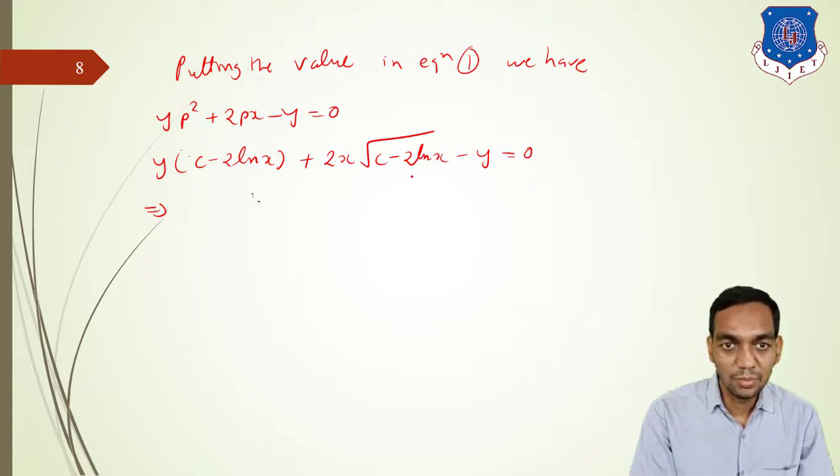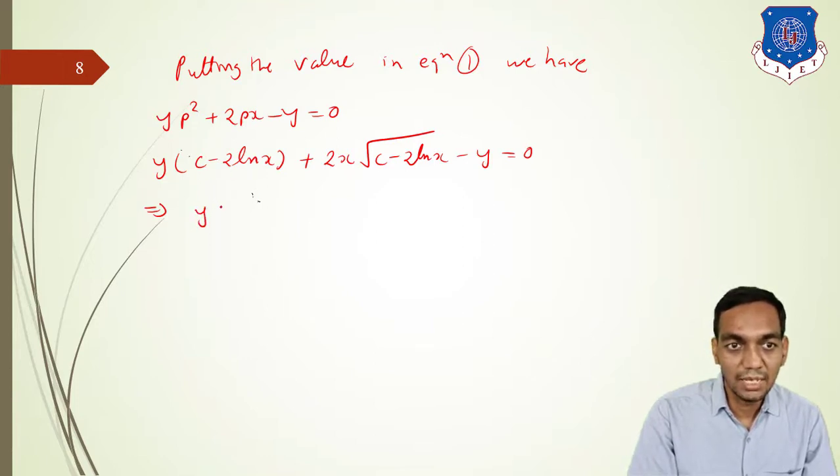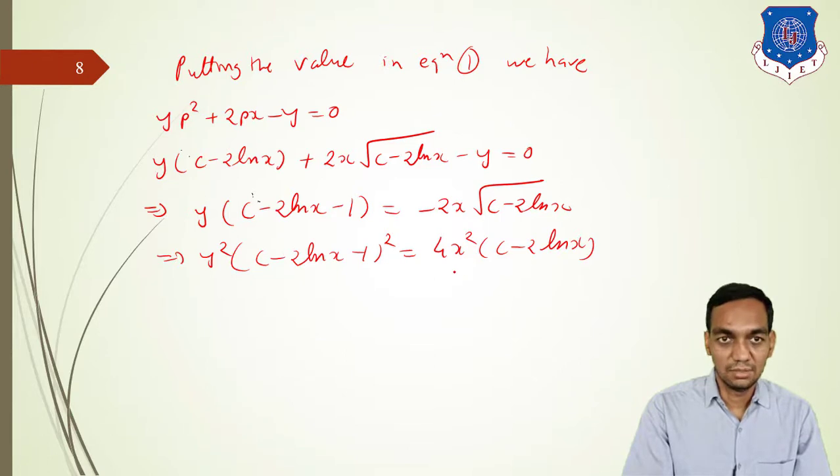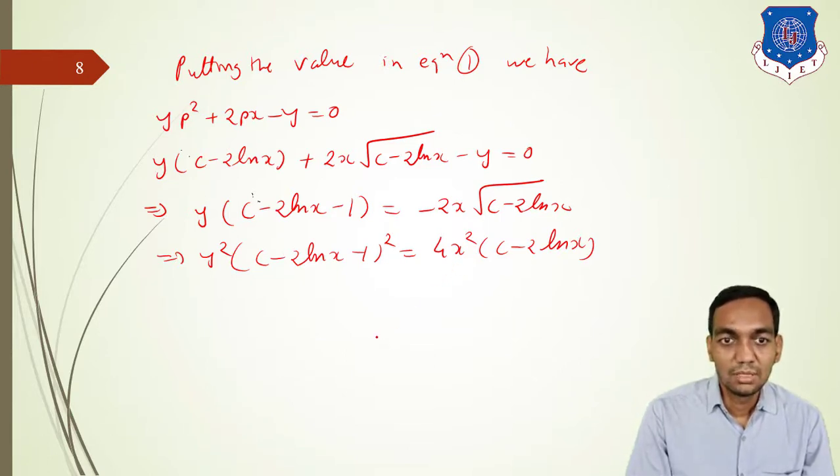Or if you have to eliminate under root, then take all these terms to the opposite side. So y into c minus 2 log x minus 1 is equal to minus 2x under root c minus 2 log x, and square both sides, that will give y square into c minus 2 log x minus 1 whole square is equal to 4x square into c minus 2 log x. So this is the answer. Okay. So this is the method to solve the equation